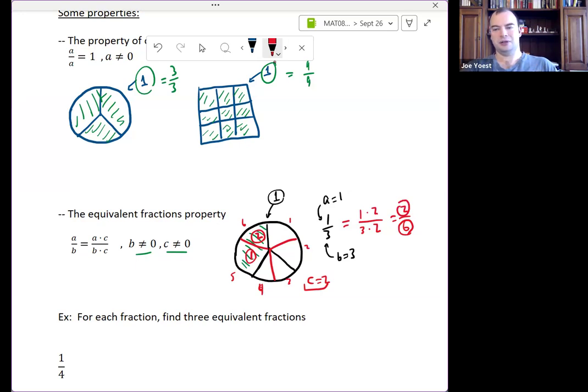If I multiply the numerator and denominator by the same number, I end up with the same fraction. That's what we call an equivalent fractions property. And I can go either direction. When we go left to right, we say that maybe something like 1/3 equals 2/6. Sometimes that's super helpful because maybe I want to work with this fraction in a way where I think of slices of size 1/6 instead of slices of size 1/3. Maybe that works a little better, right?